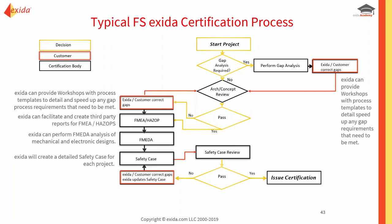So now we encourage manufacturers, if they have the time, the effort, the personnel, they can perform these different things. They can do their own FMEDA. They can do their own safety case. They can do their own project. We can just review it. Right? And so that helps save them. It's a different bucket of money. So instead of paying the certification body, you can pay your guys to do this work as long as they have the ability. And so that's kind of what we want to talk about, because anytime you do a certification,